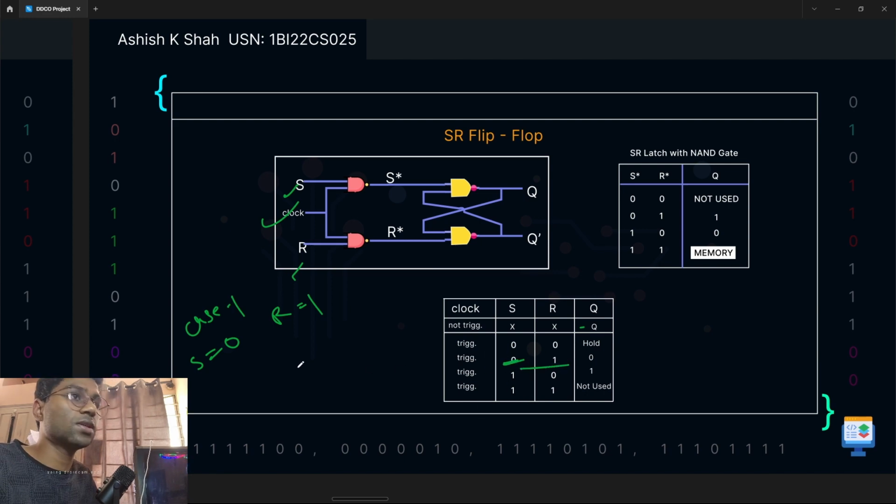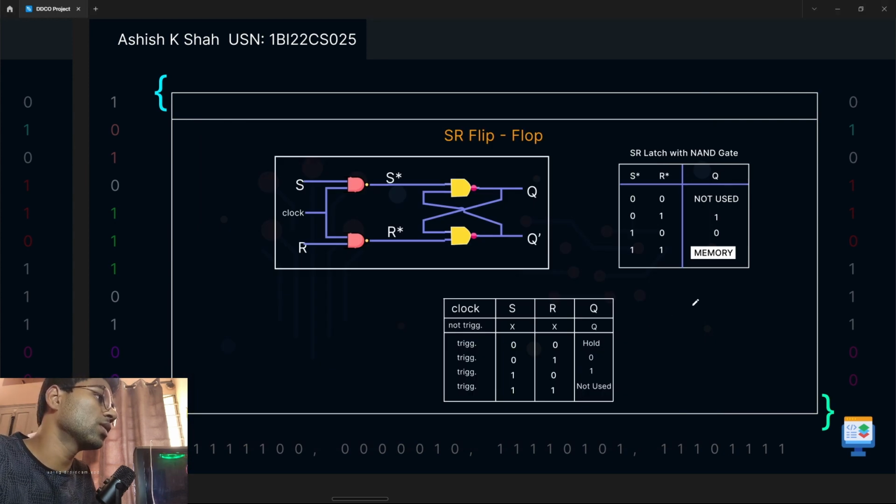This case first. If S is 0, and R is 1, and we have triggered the clock, it is taken as 1 and 1. And here we have to apply the fundamental principle of the NAND gate. And what is that? When one input is 0, then it will give output as 1. We don't have to see the other input in the NAND gate, because you can see